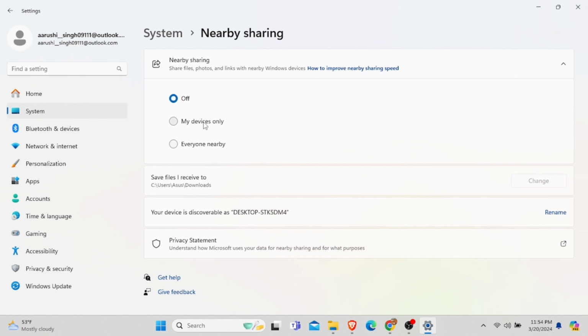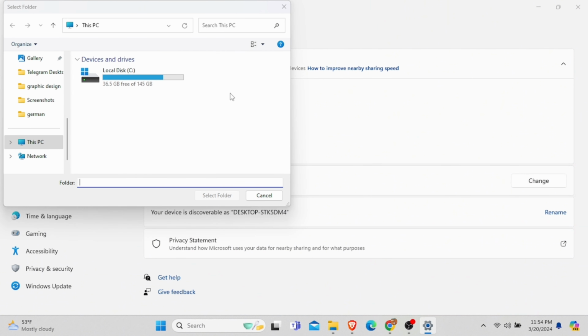You have the other options, my devices only or everyone nearby. In my devices only, you have the known devices, and everyone nearby are the Windows devices near your location. Once you click on everyone nearby, the Windows devices near your location will get your MAC address. So choose accordingly. Here I have chosen my devices only,